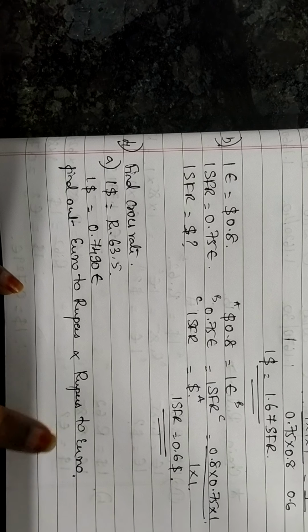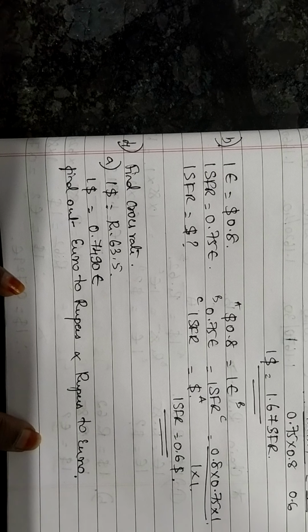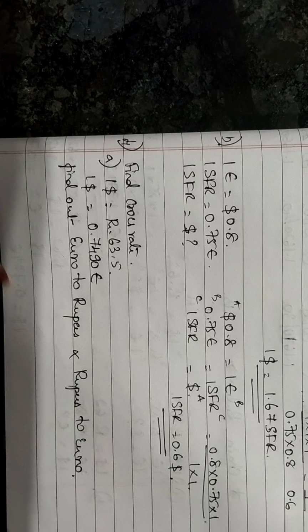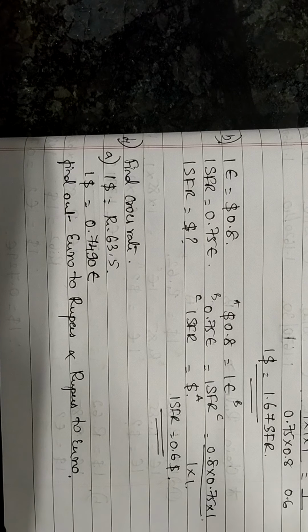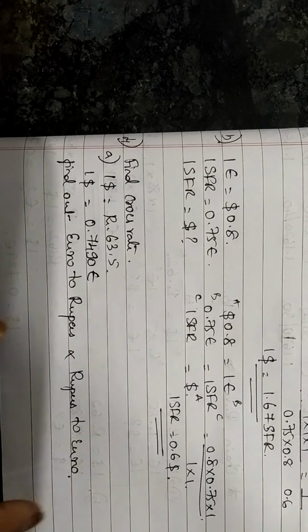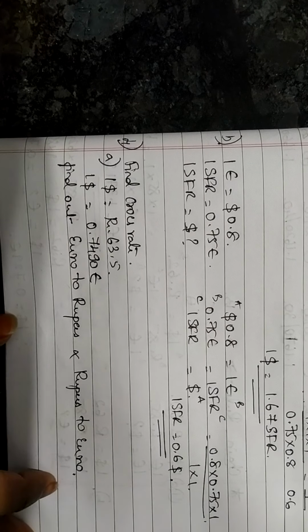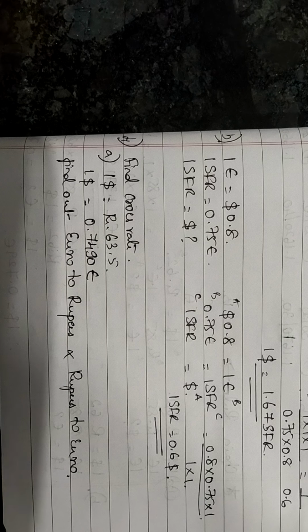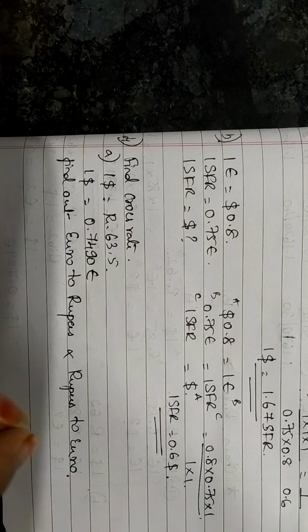So do this question and then give me the answer. Not in the WhatsApp group, type the answer and send it to my personal number, what answer you have got. Now I am telling you again, if you have not understood this, text me personally or call me on my personal number. I will explain again, because this is a simple problem and definitely you will get it in your multiple choice question. So do not skip these problems. Try to understand it. If you have any doubts in any step, you can ask me, I'll clear it out.